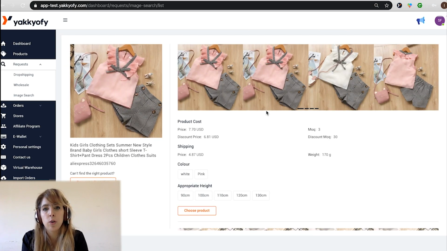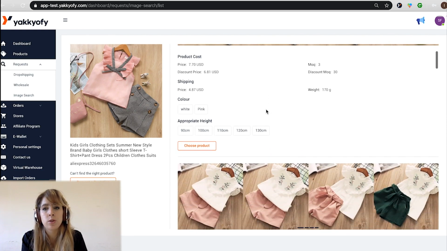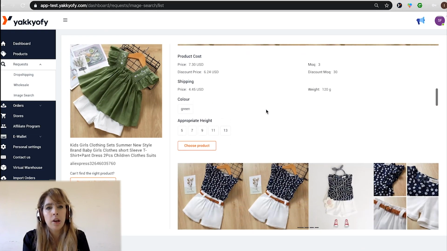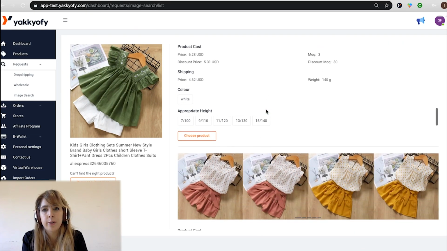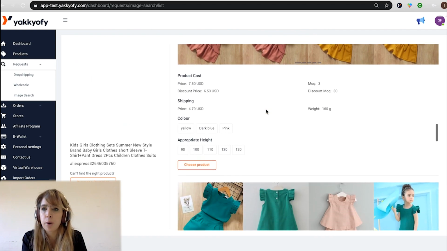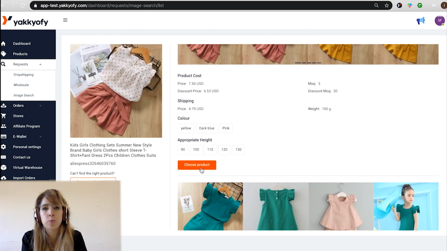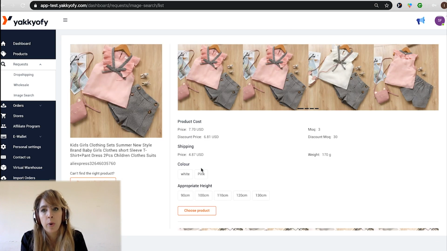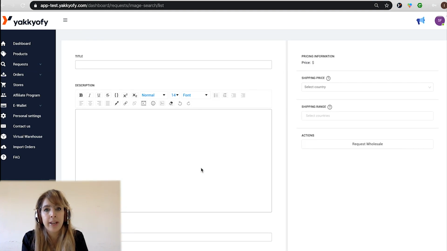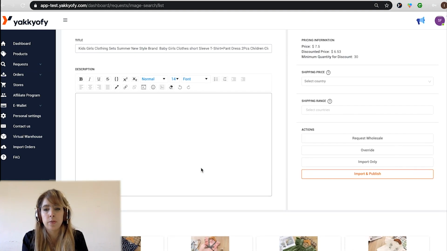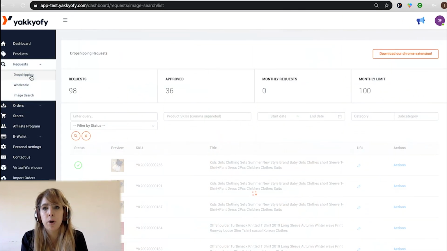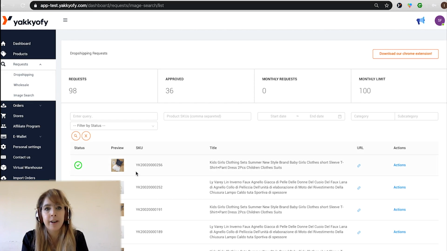Often it happens that our Google Chrome extension can find more than one supplier for the same item, and you will see more than one option. You can choose the supplier that you prefer, considering the price, the shipping cost, the product variance, and click on the Choose Product button. If you choose a supplier that doesn't have the shipping price, when you click on the Select Product button, you will create a new request under Dropshipping section, and a Chinese colleague will quote the shipping for you. If you choose a product that has both the product price and shipping price, you can find your products under Request Dropshipping in green.